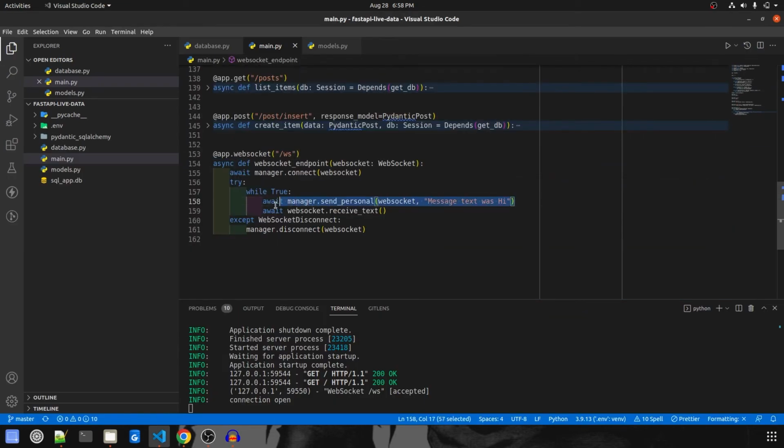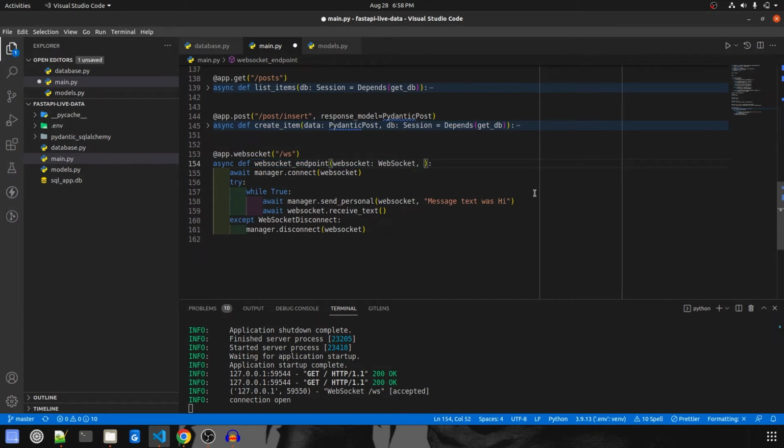So over here, instead of sending this message, as soon as the user connects, we have to send the list of all the posts that are already available. Okay, because in Django, as soon as the WebSocket was opened, we used to send a request over the WebSocket to send me the list, but that feature is not really present over here. We will have to code the entire thing. So to make it shorter, as soon as the user connects, we are going to send him the list of all the posts. So for that, we will have to change the